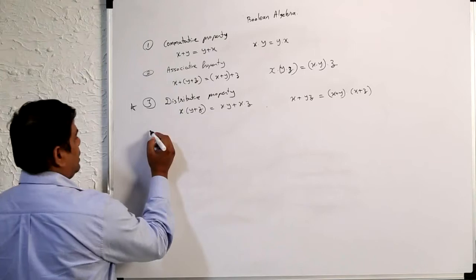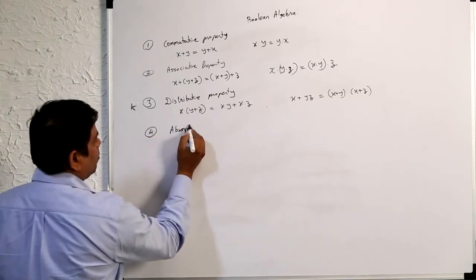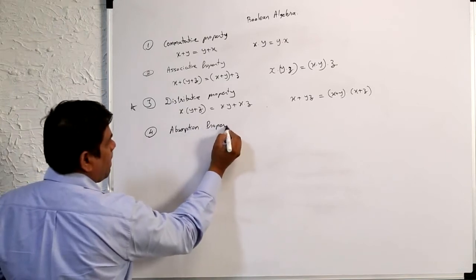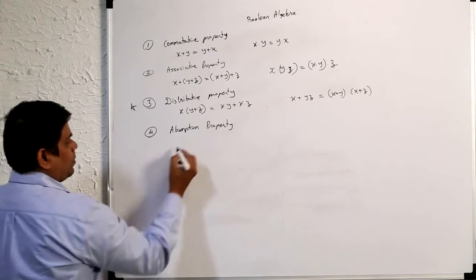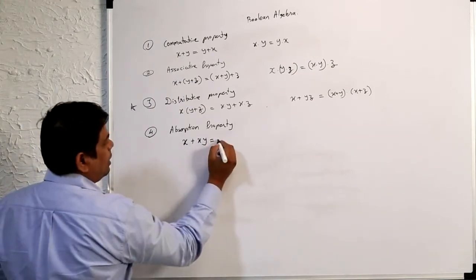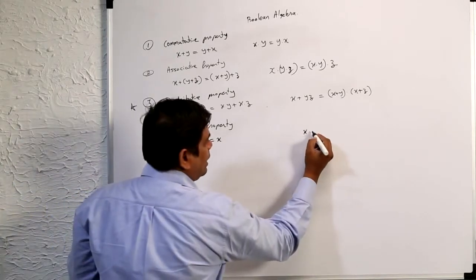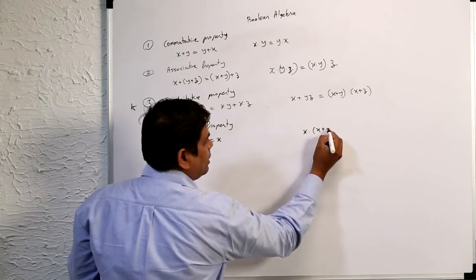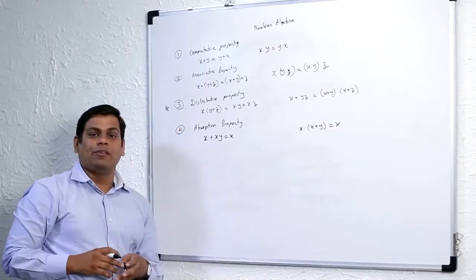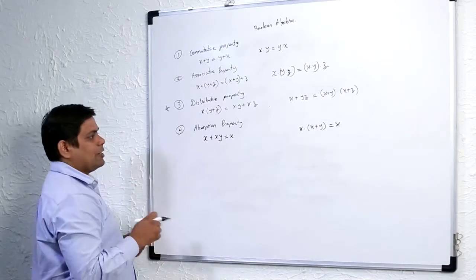Let us see, the next property is called absorption property. It says x plus xy is the same thing as x, and the next one says x dot (x plus y) is the same thing as x. Now this also requires proof. I am going to give you two ways of proving this. The first,